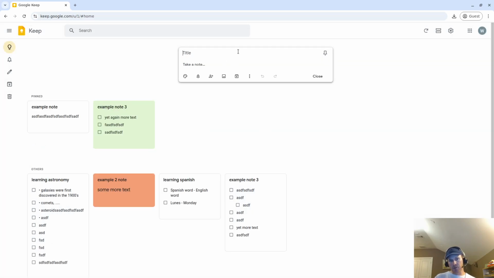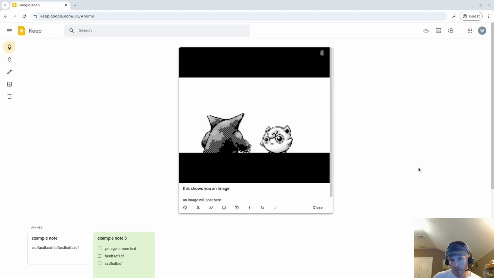So now what I want to show you is some images. This shows you an image. Okay, so what I'm going to do is an image will post here. So what you can do is click on add image, and I'm going to add an image from my computer. Okay, so I just added an image of